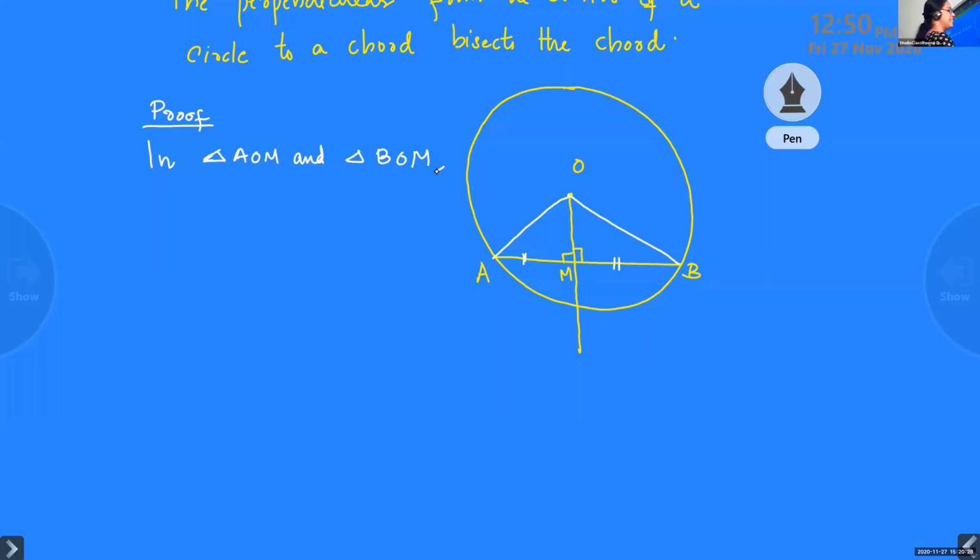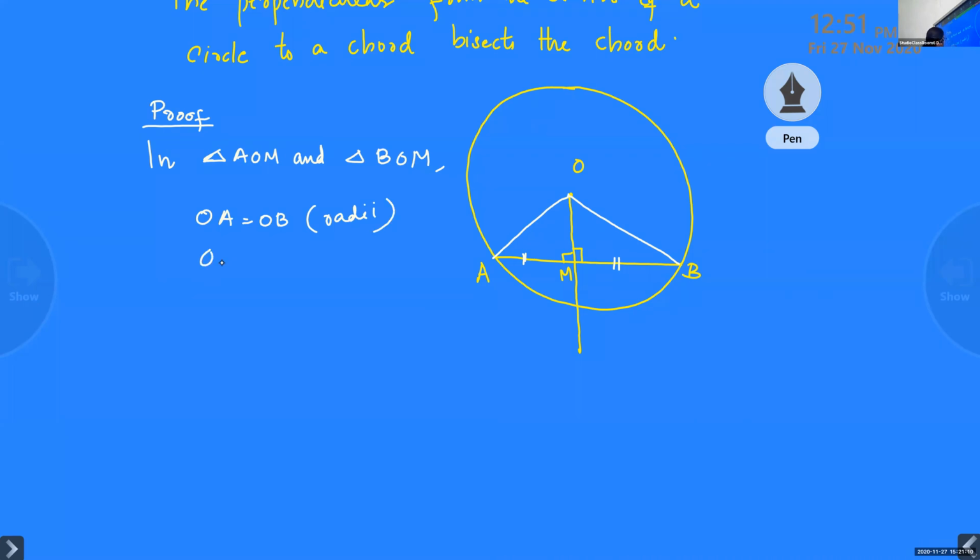Before that, can you see any side which is equal? AM and BM, that we have to prove only, Srihari. Any other side? Others also try. Which is the equal side? AM equal to BM, we have to prove. OM equal to OM is a common side. Any other side? OA and OB. What are they? OA equal to OB, radii. Radii. Good, good. Others, open your mouth. Only Srihari is telling the answer.